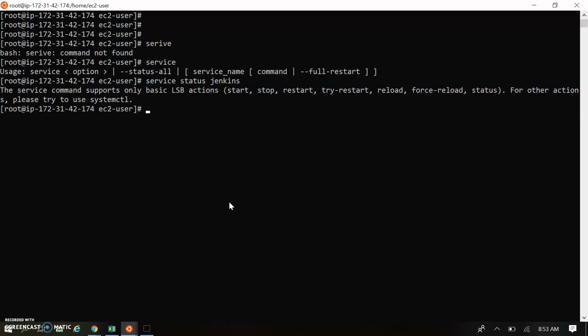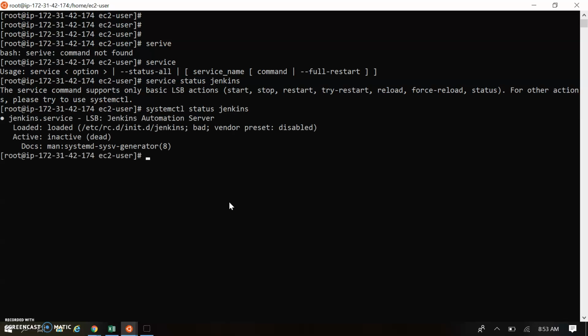It's not working using service, so we have to use systemctl status jenkins. You can see the status for systemctl is inactive, or dead.